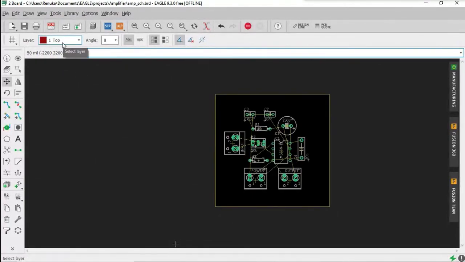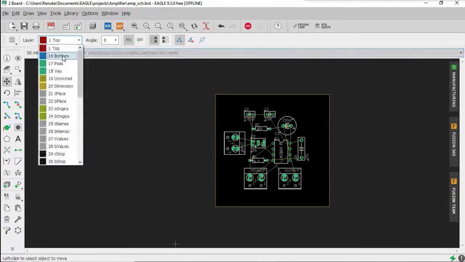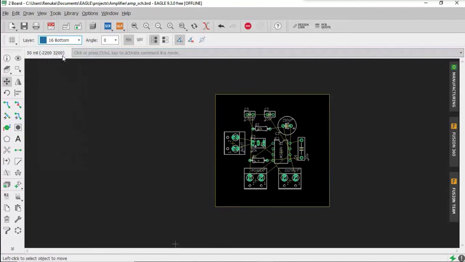It may be selected as a top layer with a red color symbol. You can just select the bottom layer with a blue color symbol. We'll be designing only a single layer and it will be the bottom layer. So make sure you select the bottom layer here.